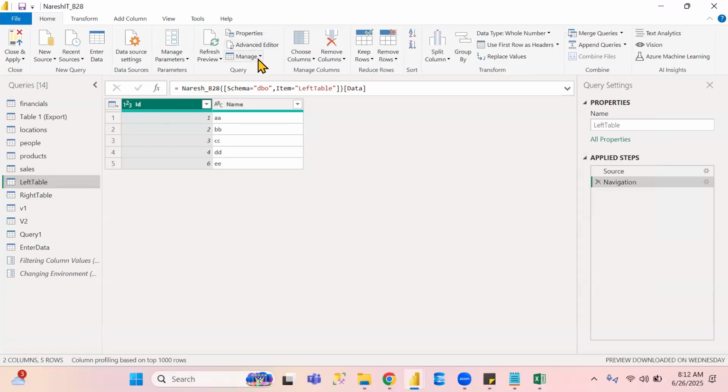Okay. Next one is manage. How many options are there in manage? There are three options. What are those? Delete, duplicate, and reference. Understand clearly? In manage, there are three different options. Very, very important. Listen carefully. Delete, duplicate, and reference. Delete means